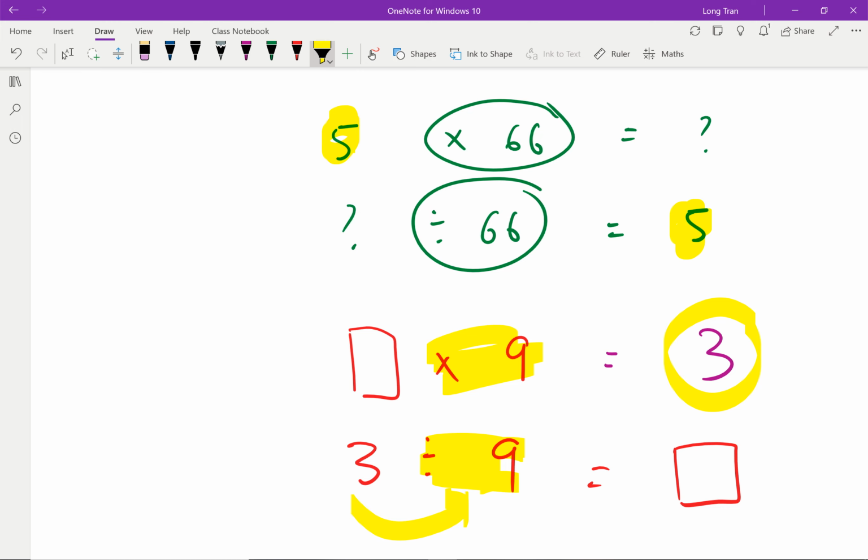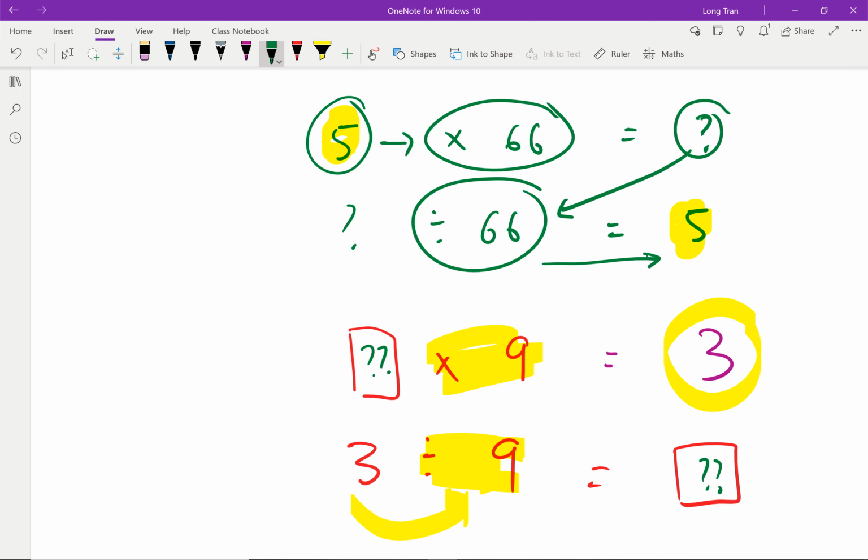That should give me whatever is in this box here. True? Just like how I did over here. 5 times 66 gives me this question mark, right? Whatever this question mark was, if I just divide by 66, I should get the original number, which is 5. So I'm doing the same thing here. I did magic box times 9 gives you 3, and if